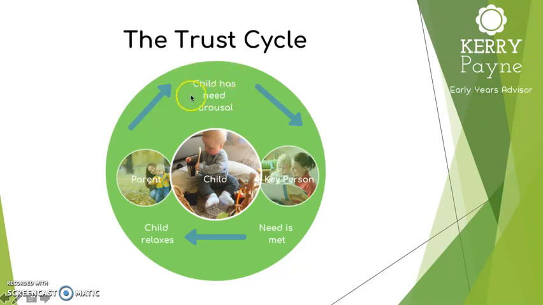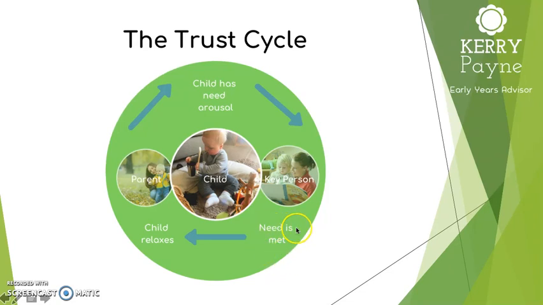So what you can see here is the term child has need arousal, and what is meant by this is that babies, and particularly those children under 2, will often communicate through different forms of crying to indicate a need. For example, a cry to indicate hunger, a cry to indicate the need to sleep, a cry to indicate the need to be changed or to be snuggled and cuddled. And so the child will usually cry and they will look for a caregiver, usually a trusted caregiver, and what they're hoping will happen is that in an appropriate time frame that need will be met.